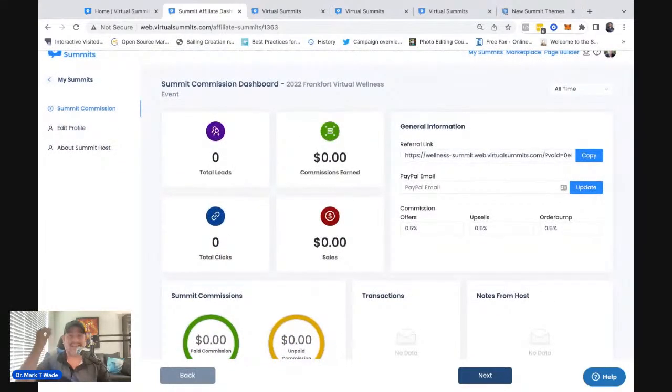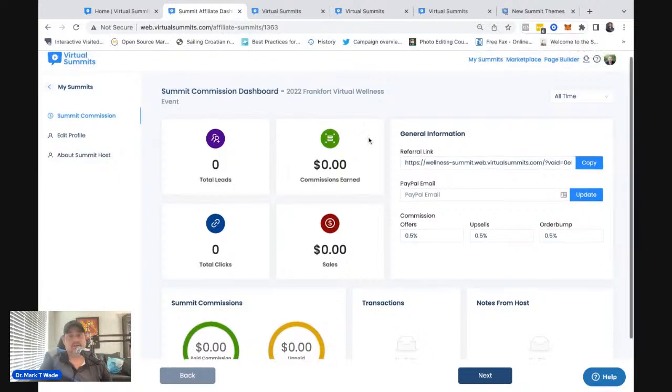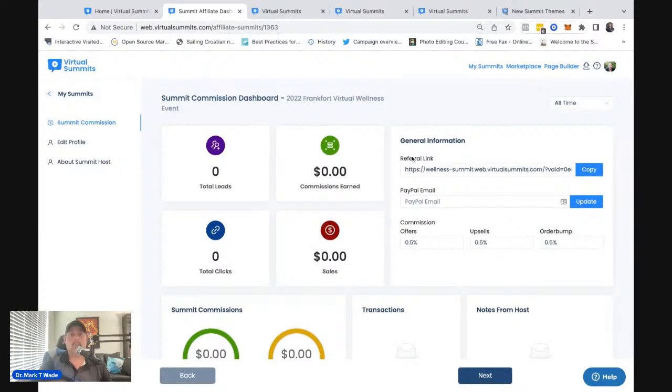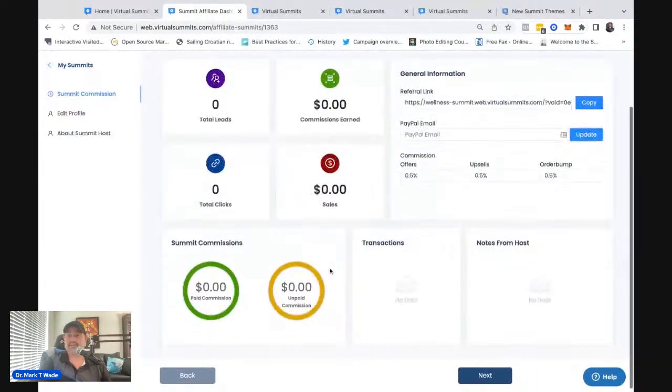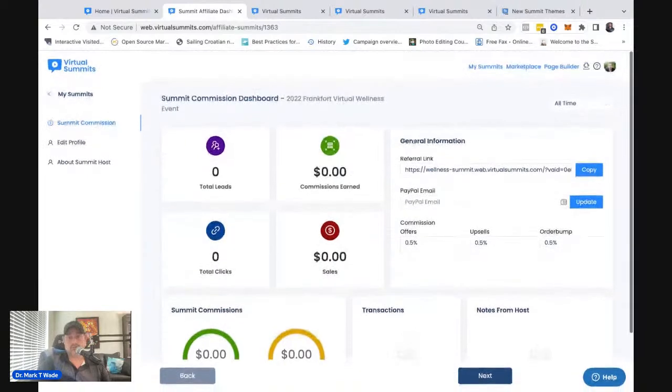This is automatic, instantaneous. You add them as a speaker, this all happens. So literally in less than 10 seconds, to add them as a speaker, all you have to do is add their name and email. Boom. They now have an affiliate dashboard. They have access. An automatic referral link is created for them. You do not have to do anything. They can put their PayPal information here. So you have that, and they immediately have oversight over their commissions, et cetera, as well as access to their